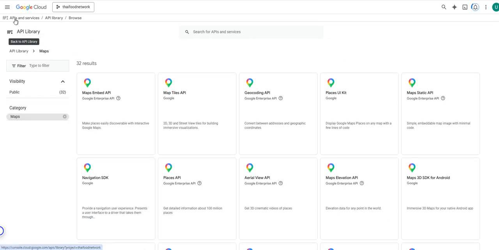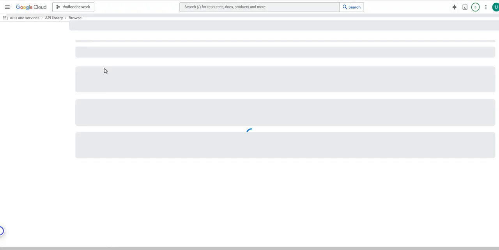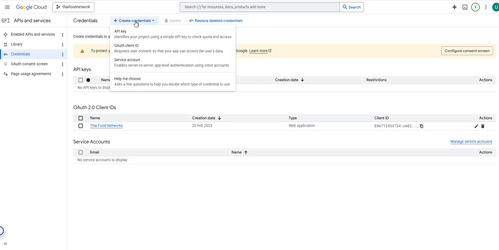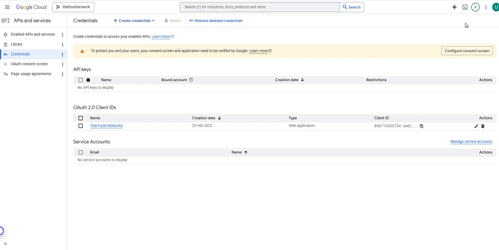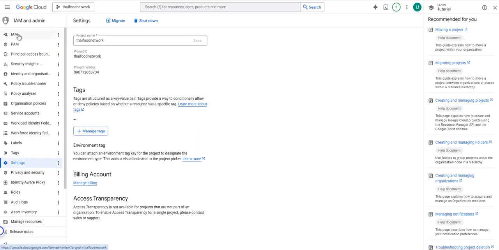then go back and here you will create an API key. Okay, create API key, and after that click on these three dots, project settings, and then click on IAM,